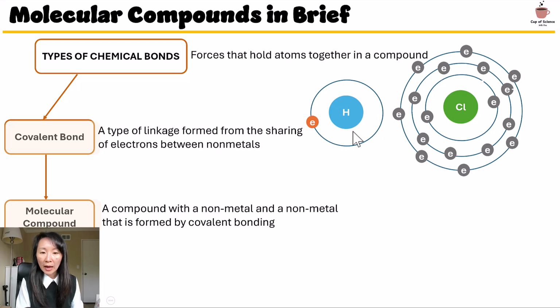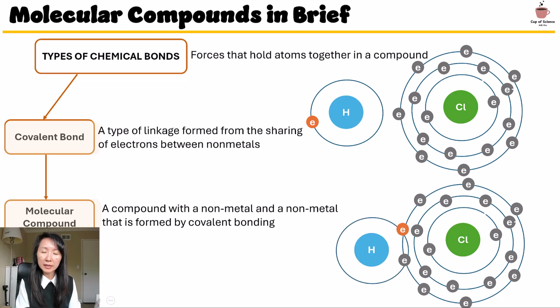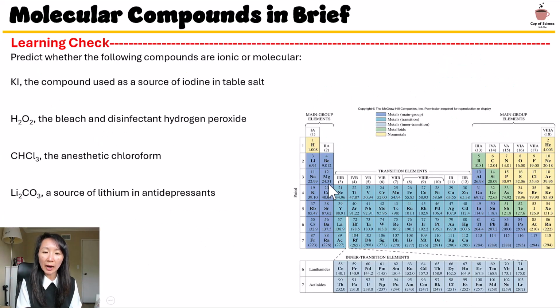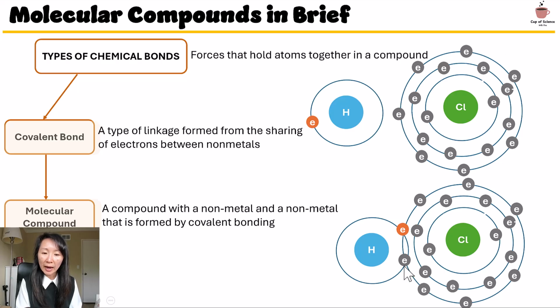Now here's my electron on the hydrogen, and the chlorine has all of these electrons. As they come closer together, a bond forms in between hydrogen and chlorine, and that happens right here. So what is happening? The electron from hydrogen not only spends its time on itself, but also on the chlorine. From the chlorine side, they also donate an electron to hydrogen, but not completely. They also get to keep it themselves, but from time to time that electron goes to the hydrogen. So you can say there is a